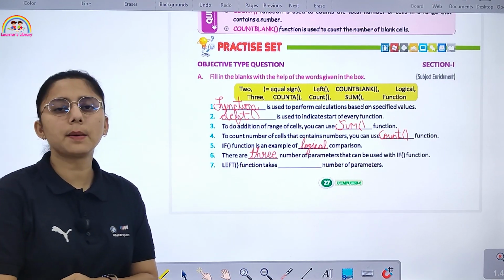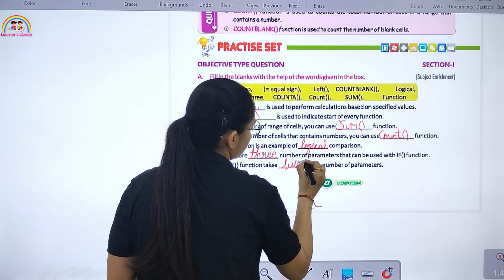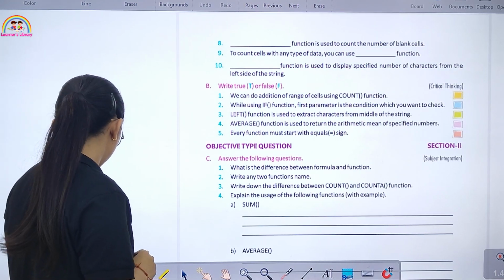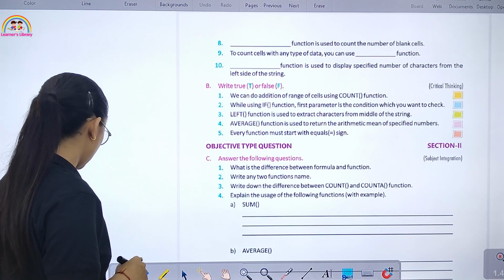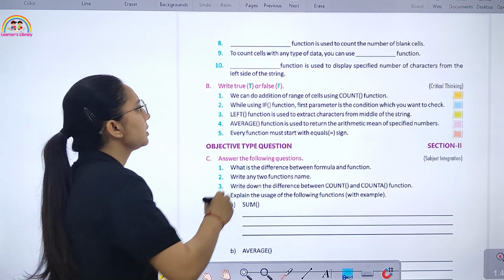Left function takes how many parameters? 2. Dash function is used to count the number of blank cells, that is count blank.